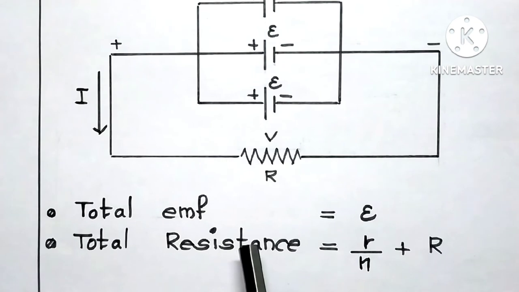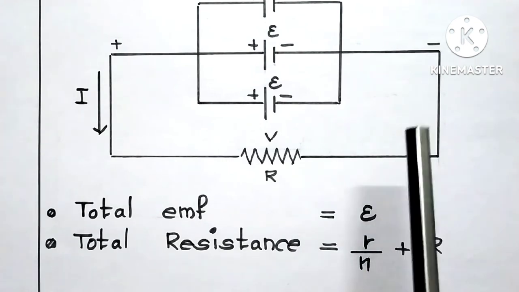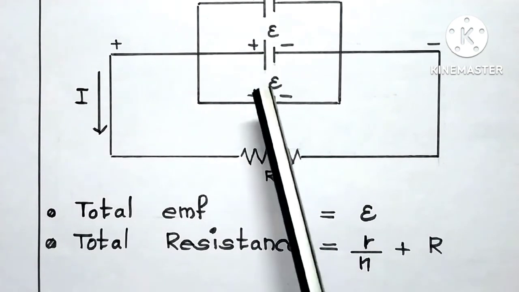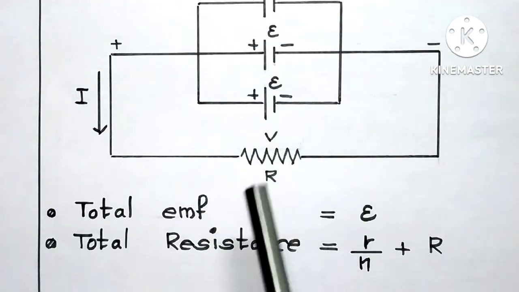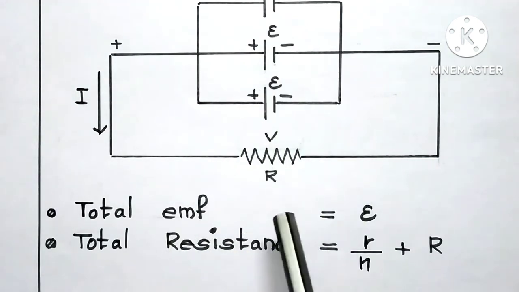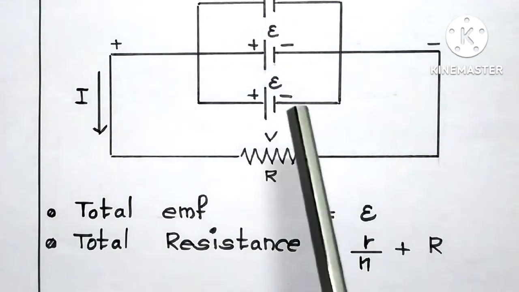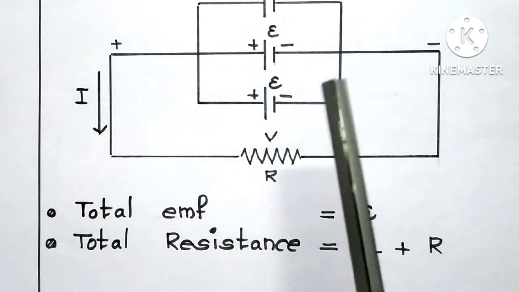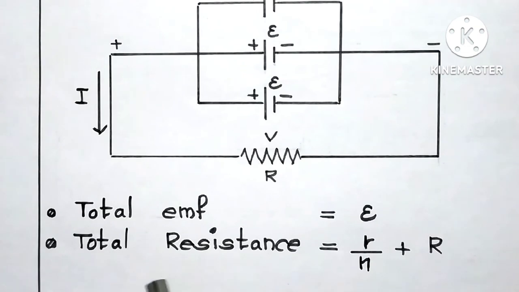Here total EMF is equal to epsilon. That's all. Though there are 3 cells connected in this connection, total EMF is equal to the EMF of a single cell only. Then what about total resistance? Total resistance is equal to small r by n plus capital R,